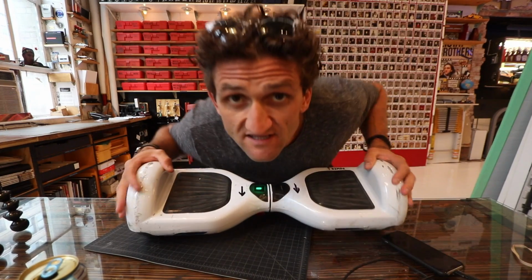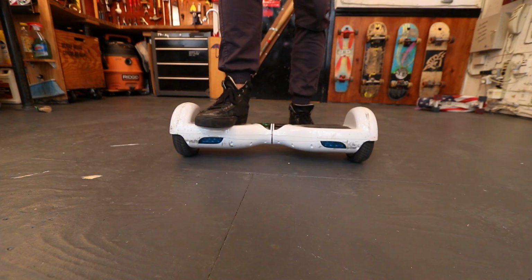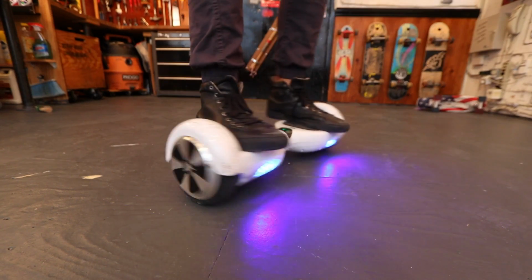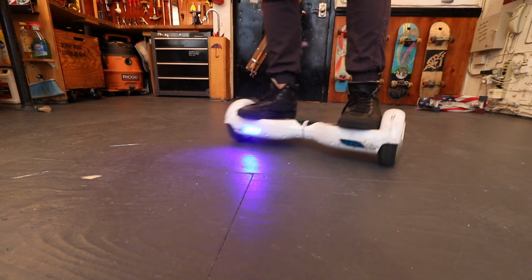Okay, I better demonstrate this on the floor. Power button is here. Tip this foot forward, it turns. Tip this foot forward, it turns on that side. And that's kind of it. There may be more elaborate instructions, but they were in Chinese and I don't really...